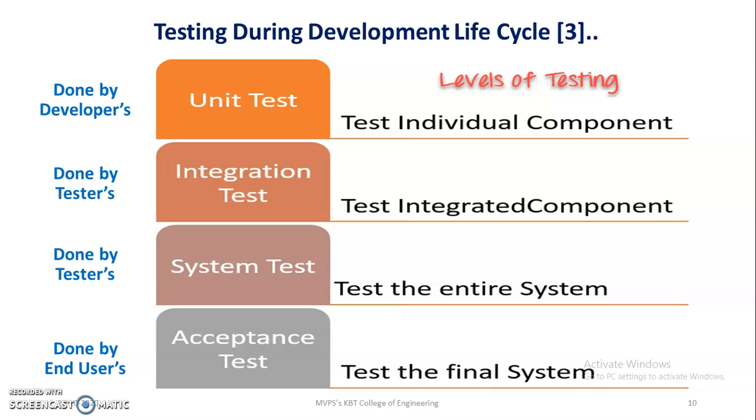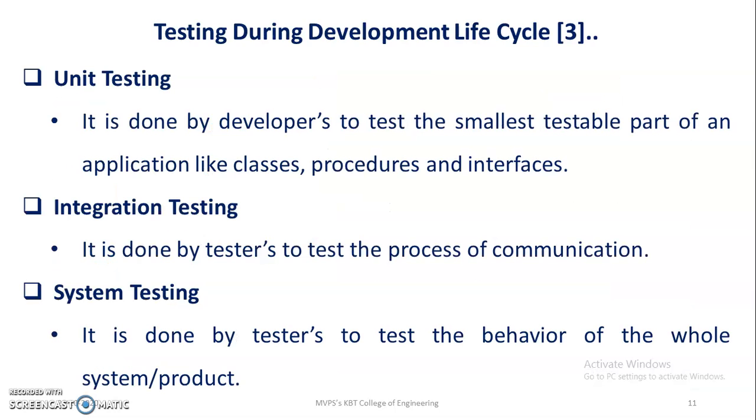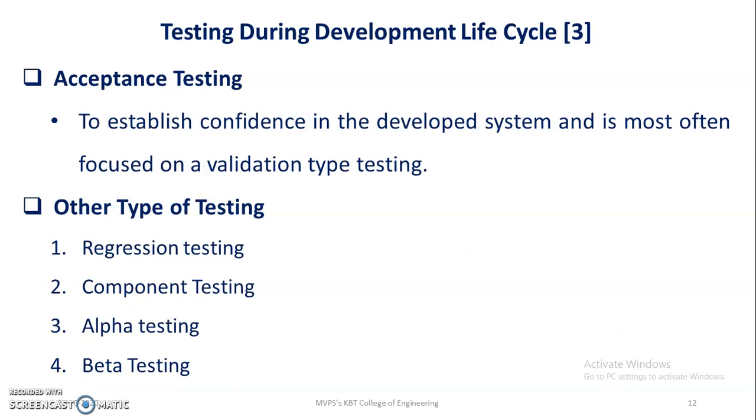And this diagram you will find on gurus99.com also. Again, the same description of unit testing, integration testing, system testing, and acceptance testing. Besides this, there are other types of testing also, like regression testing, component testing, alpha testing, and beta testing. Regression testing is nothing but